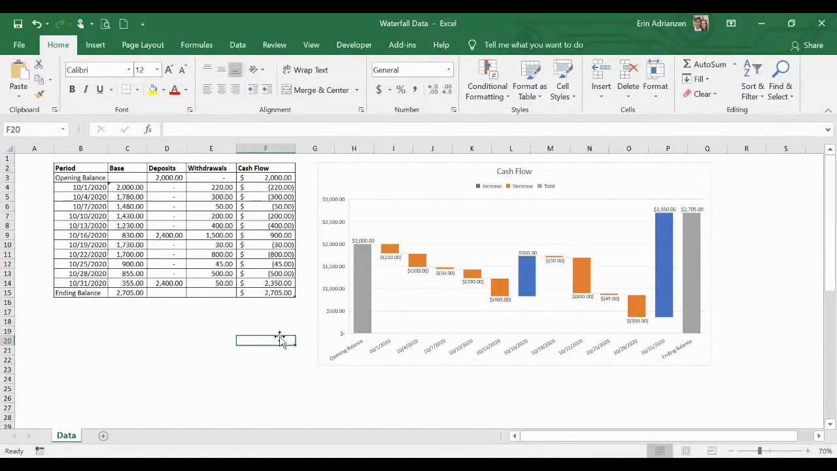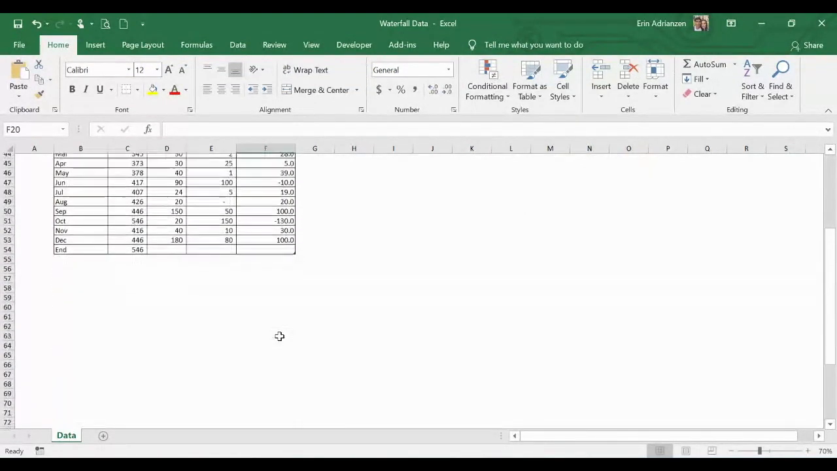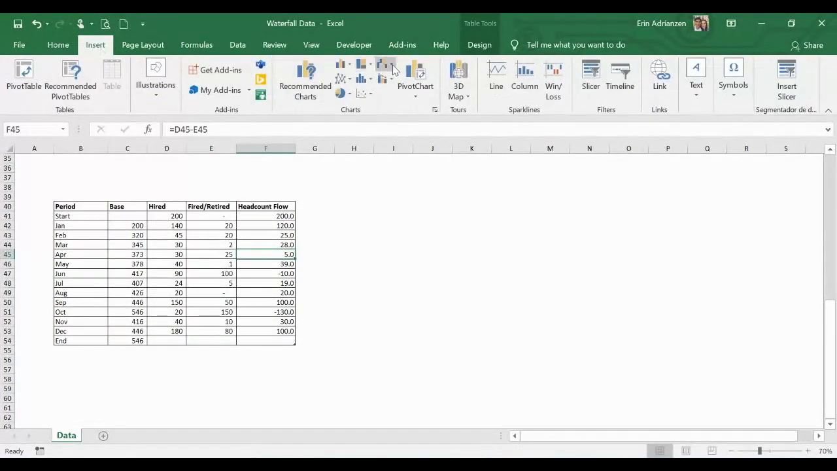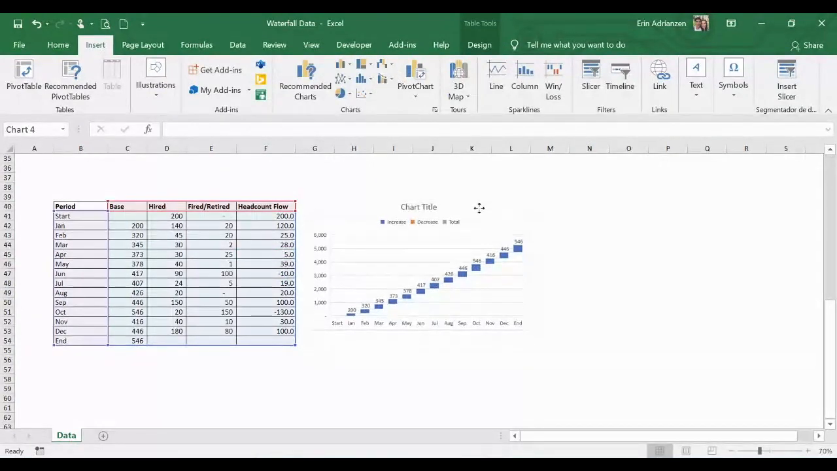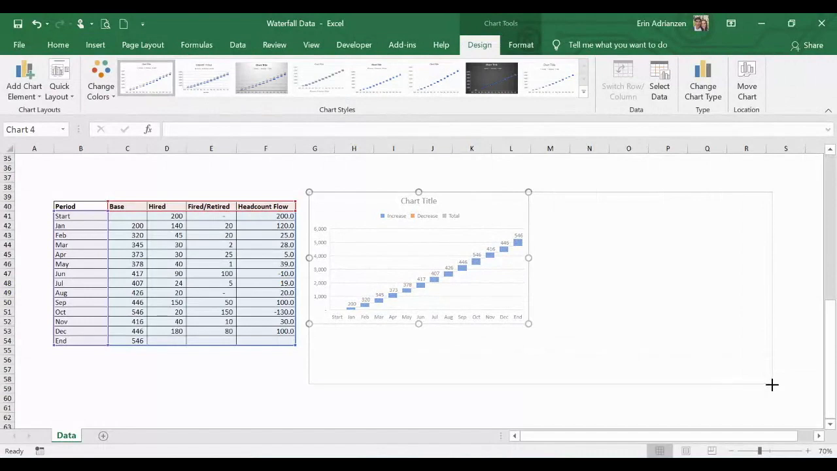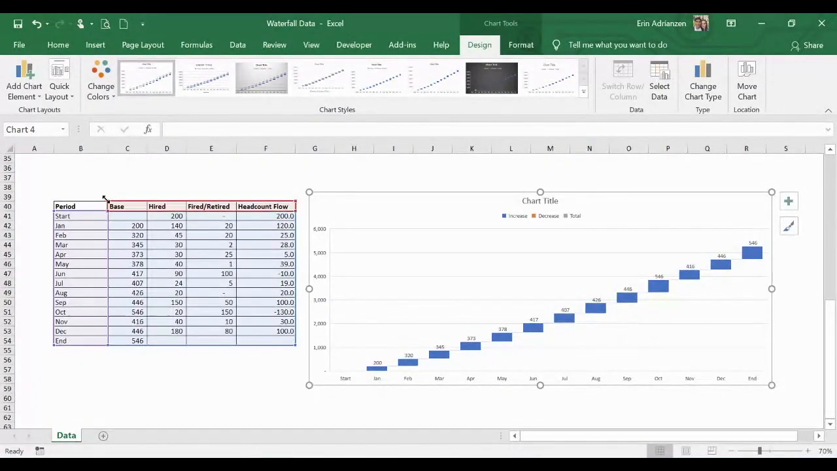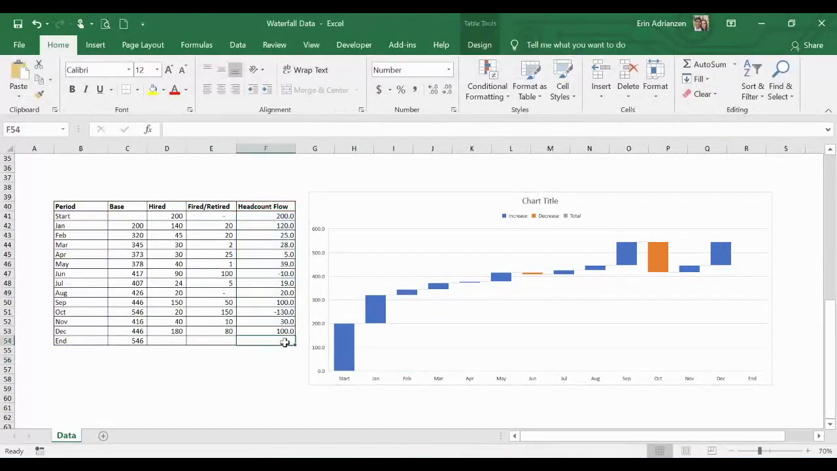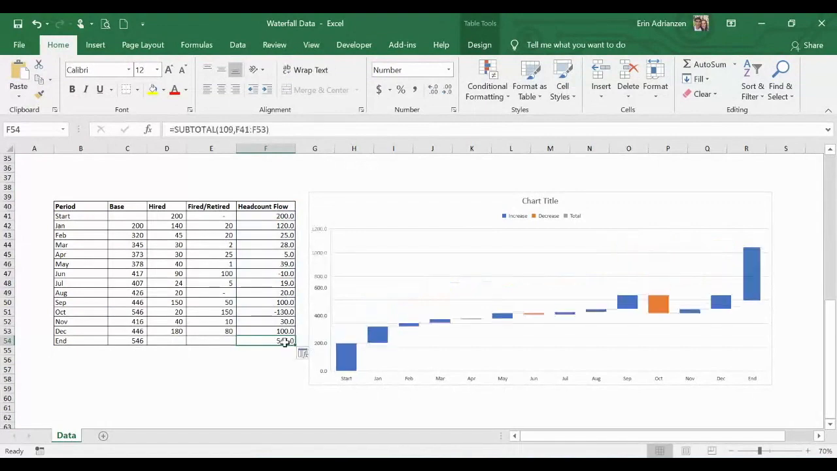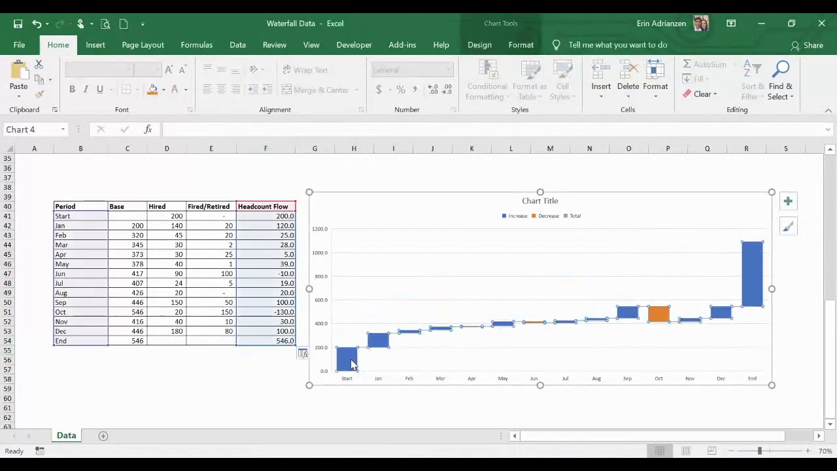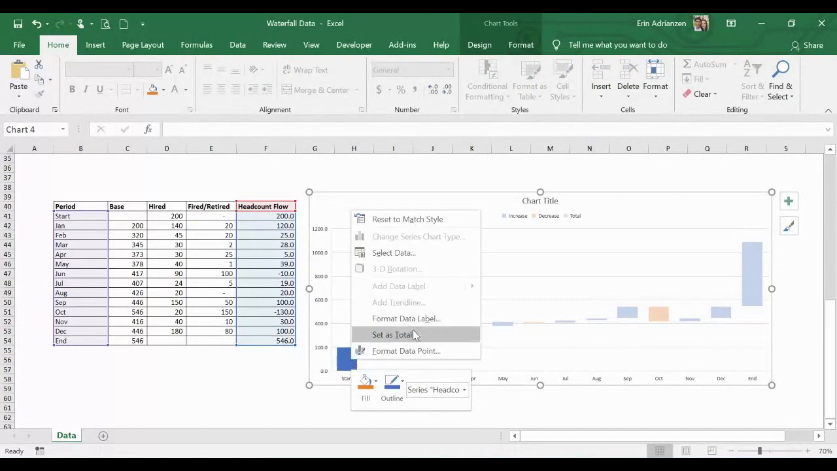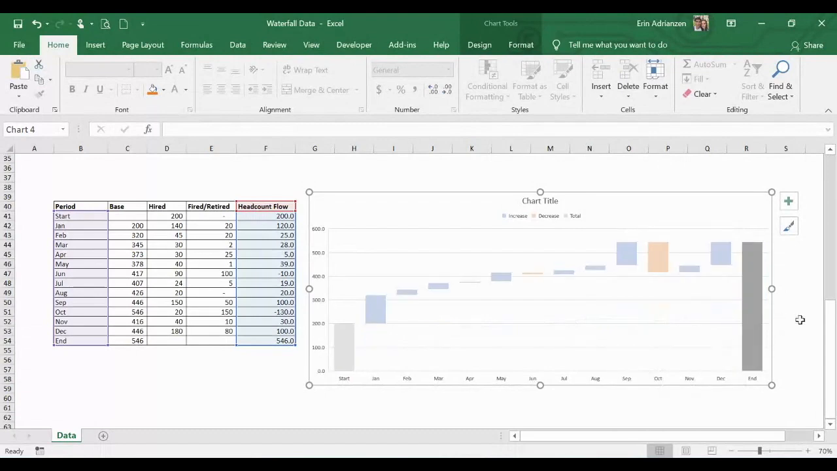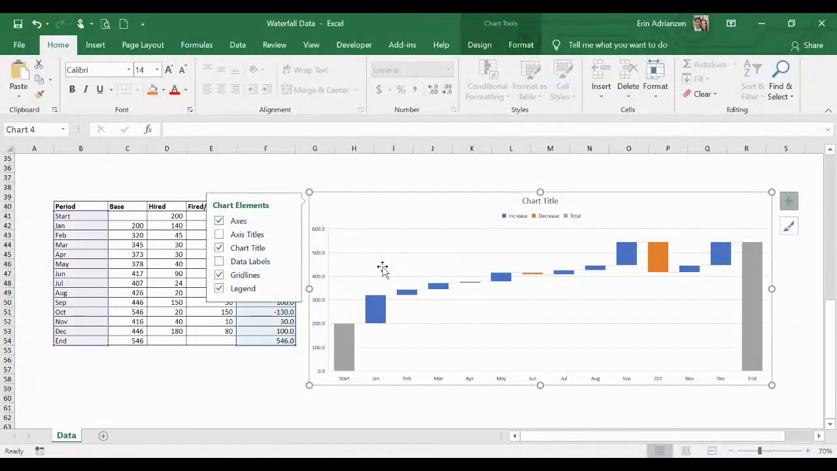So now let's do the same for the next table. Any cell within this table, insert, waterfall chart. Let's reorganize this a little bit better. Right here, remember that we care about the headcount flow only. And of course, we need to add right here as well every single row. Set as total. Same here, right here. Right click, set as total. There it is. We can also add labels here,